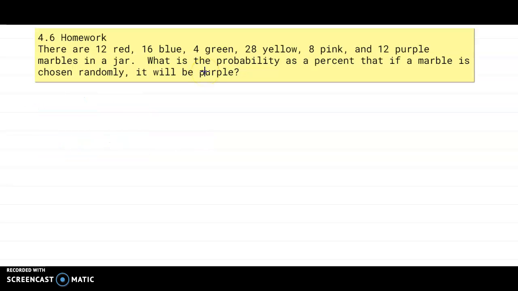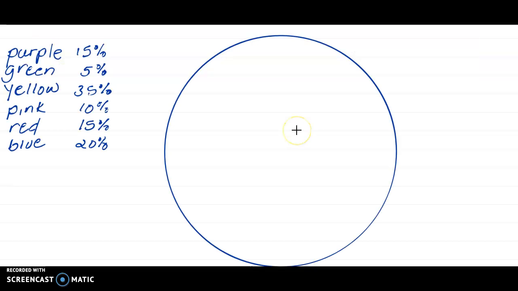Okay, for the last part of the problem, they want us to use all of those percents to make up a spinner. So I'm going to write down all of the percents, or the probabilities, for all of the colors. Okay, so I have to draw a spinner that shows all of these percents. And it can be kind of challenging because you've got all these different proportions to figure out. So what I like to do is take 2 of them and see if I can